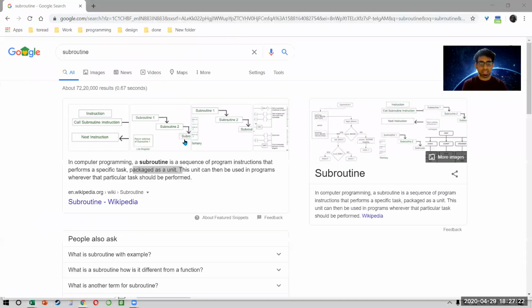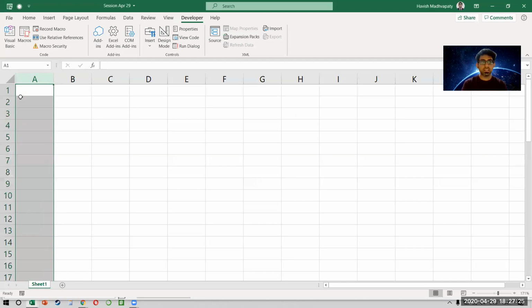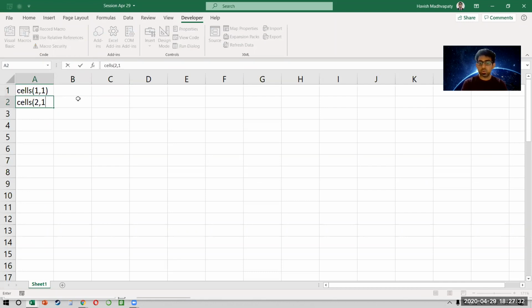So if you notice in my Excel, let me remove everything. What is this cell? This is nothing but cells 1, 1, right? And this is cells 2, 1, and this is cells 3, 1, which means if I make this 1, 2, and 3 as I, I could have cells I, 1, I, 1, and then I, 1. But then how does I become 1 and 2 and 3 at the same time? Because I have to say for I is equal to 1, 2, 3. That means I is actually taking 3 positions. I is 1, I is 2, and I is 3, right?